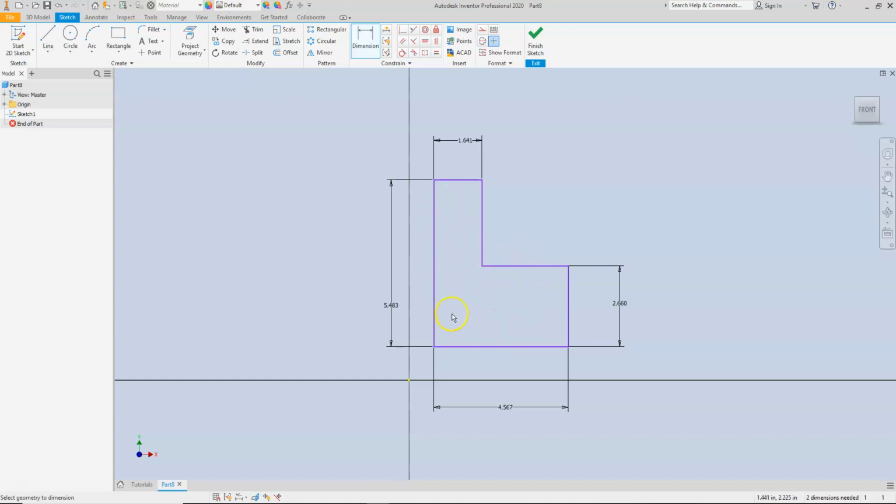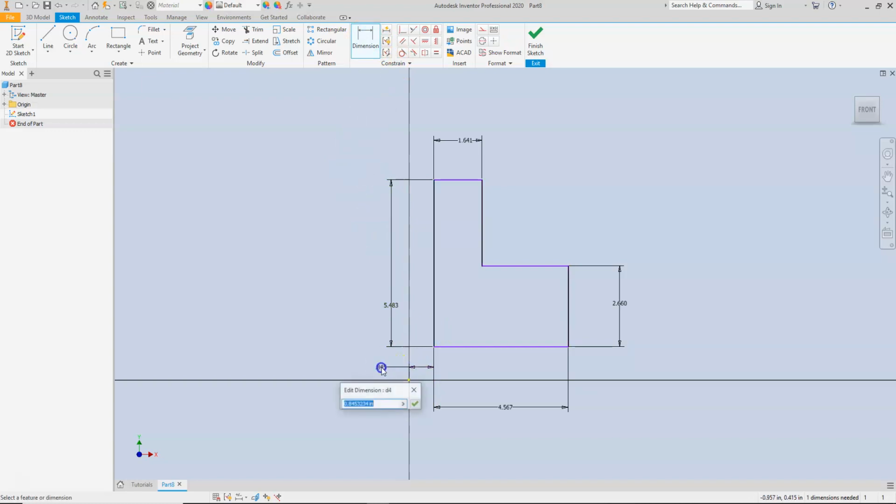So what I'm going to do now is apply the other two dimensions that I need. What it's looking for is not necessarily this dimension right here. If I put this dimension over here, that will be over constrained. I'm looking for two dimensions that are going to lock this down to my 0, 0 point. So I'm going to now place this dimension